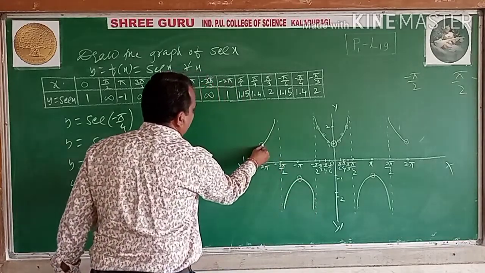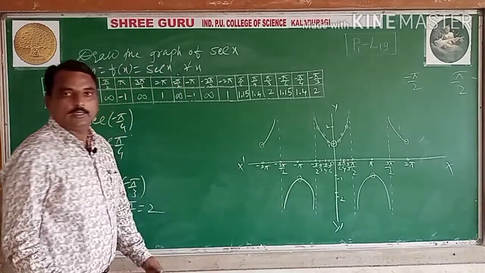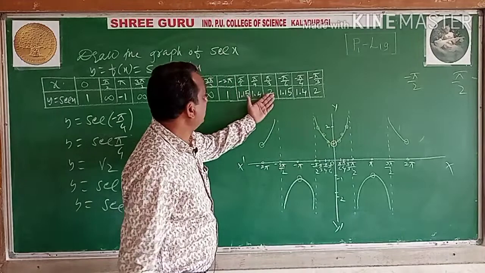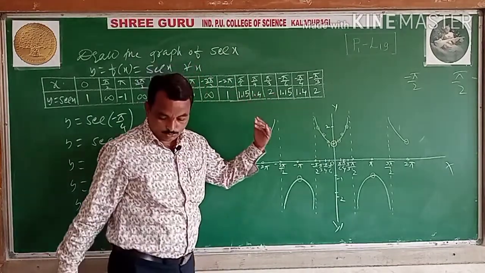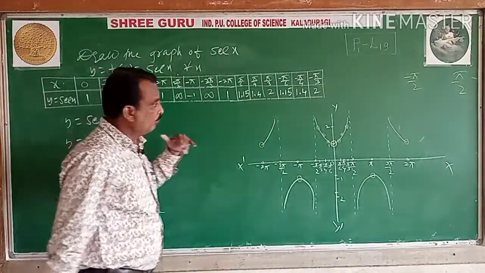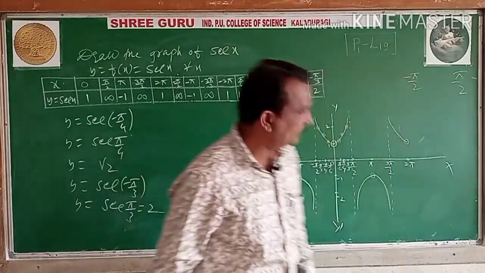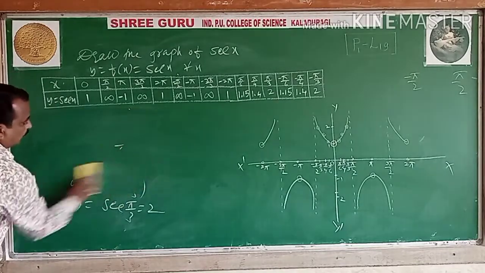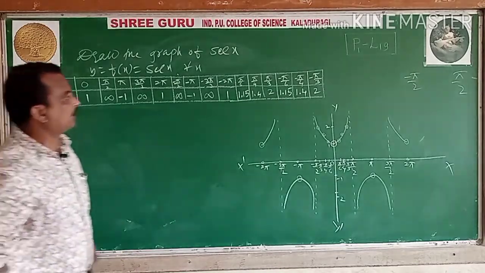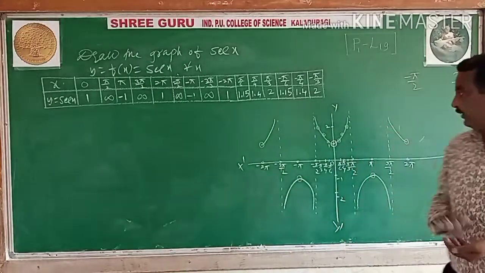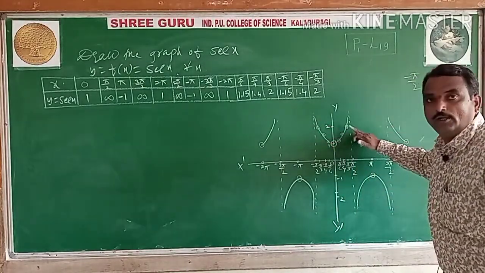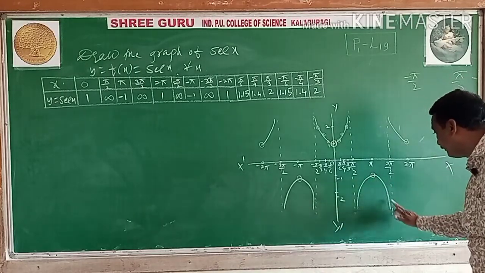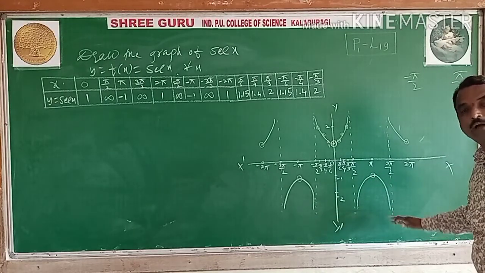This is half; you can take it further to minus 2 pi. Like that you are getting the curve. So it means we are not getting values between minus 1 and 1: only more than 1, and less than minus 1. Therefore we conclude the domain and range of this graph after drawing it. See here, I have taken this as 1 and this as the minus 1 value. We do not get values less than minus 1.